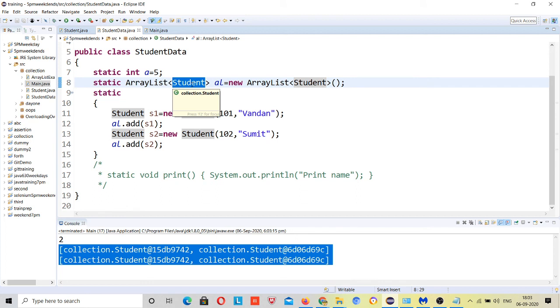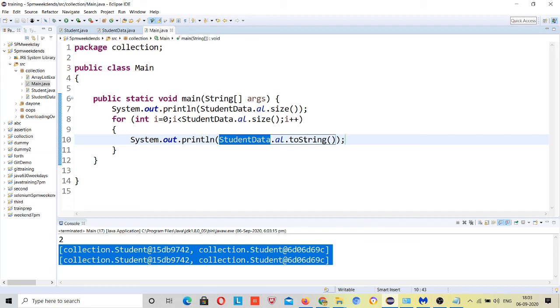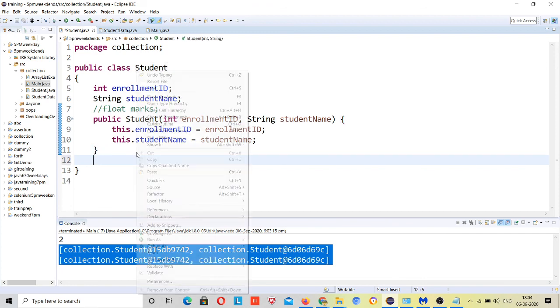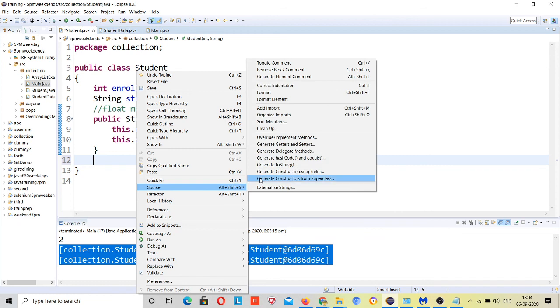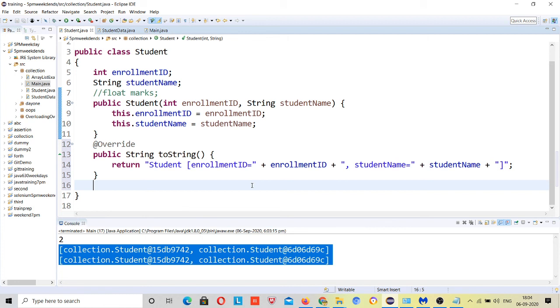So go to this student class and override this toString method, which converts your data into string format. Just go and override it, and you don't need to do anything else. This is such a powerful feature that you can do it with the help of your Eclipse IDE. Go to source, generate toString, with all the field names checked, right? Here you have overridden it. You can write your own method for printing this, but just leave it here only.